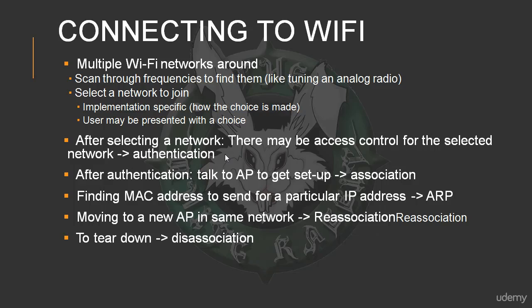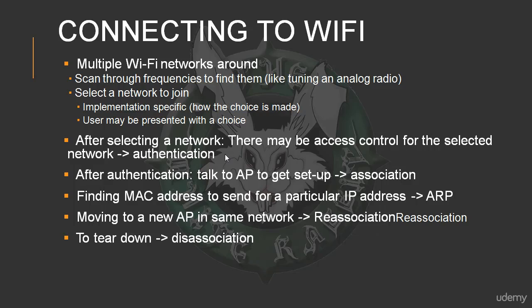So therefore, the network needs to do some kind of authentication. Various schemes are possible, and we'll talk about them. Some are much stronger, some are much weaker than others. In fact, the so-called open authentication is actually not doing any authentication. It's like letting everyone and anyone in. So after authentication, there's another concept about